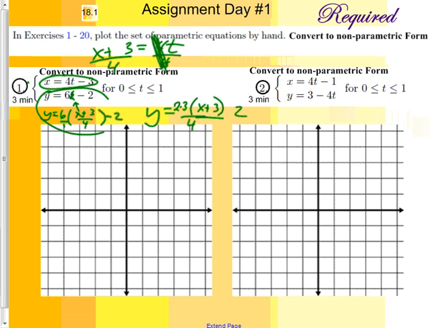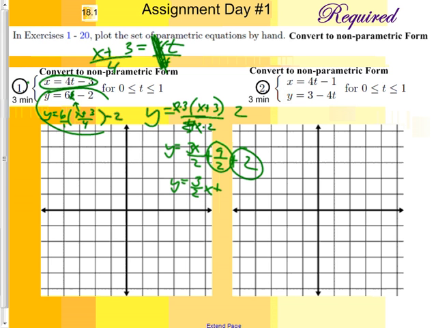All over 4, and this 4 can be 2 times 2. 2's cancel. Then it's going to be y equals 3x over 2 plus 3 times 3 is 9 over 2 plus 2. Y equals 3 over 2x, and 4.5 plus 2 makes,